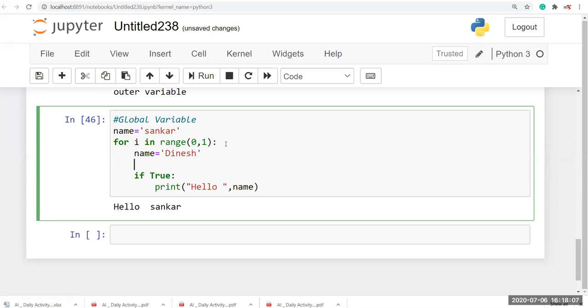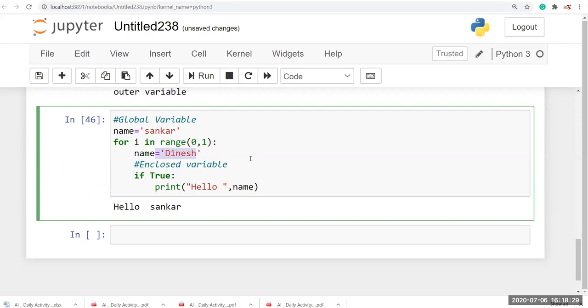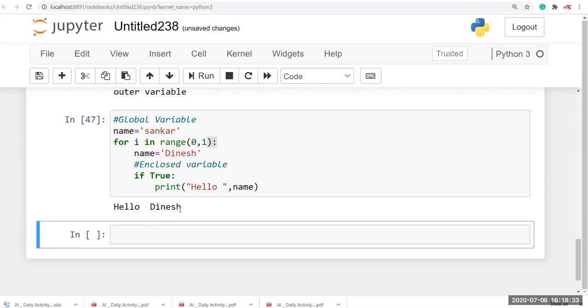Okay, and this one is enclosed. So it is in the for loop, so it is an enclosed variable. Okay, so now I'm going to run this. So I get hello Dinesh.